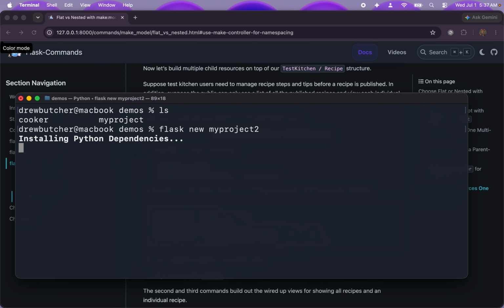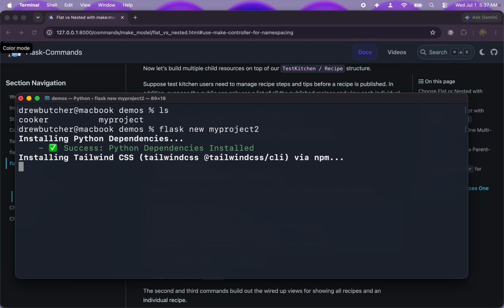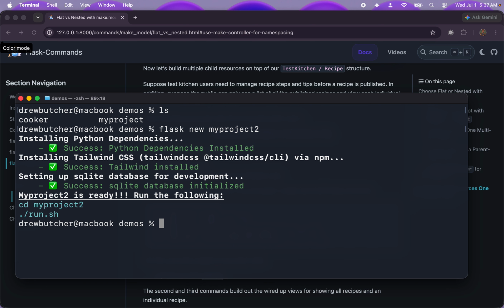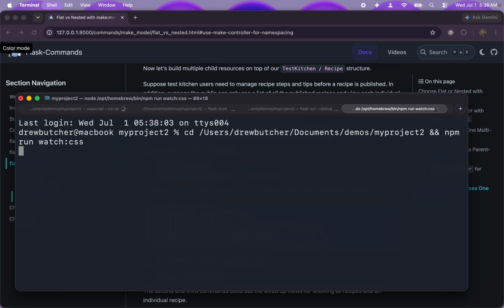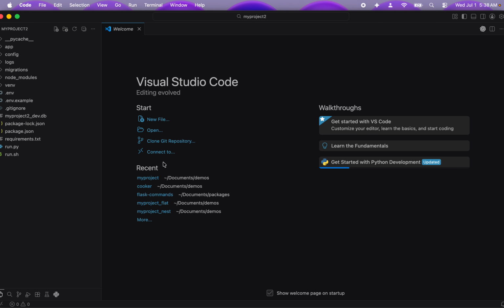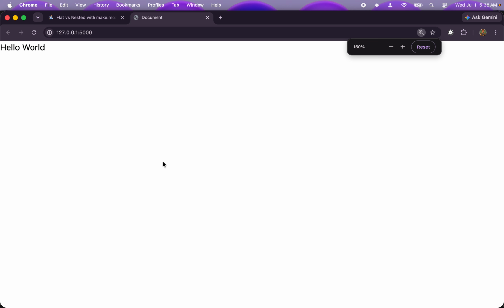Run this. All right, so once that's done, we'll cd into my project 2. We will run it, and I'll show you. This is a fresh new app. Nothing's built here except for what comes with the flask new. So here, if I try to go to recipes,